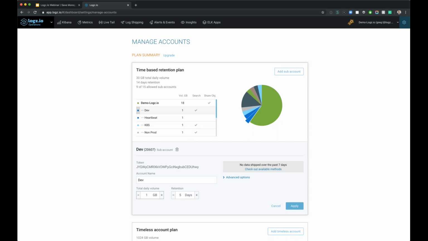As mentioned, you have your configuration options of total daily volume, your retention period. So this is completely customizable per sub-account. You'll also notice there's a unique token per sub-account. So when each of these tokens are configured within Logz.io, this is the token that's associated with your shipping method. So when you assign a token to a specific agent, for example, so if you set up FileBeat and you have it point to the Logz.io listener, the token is what represents the routing for making sure the data is securely